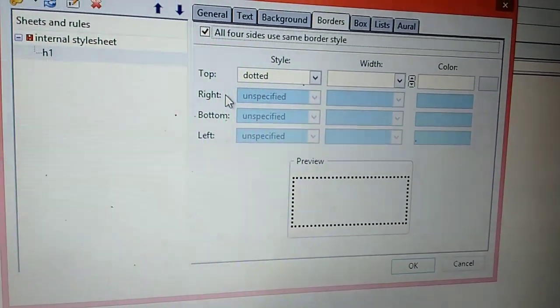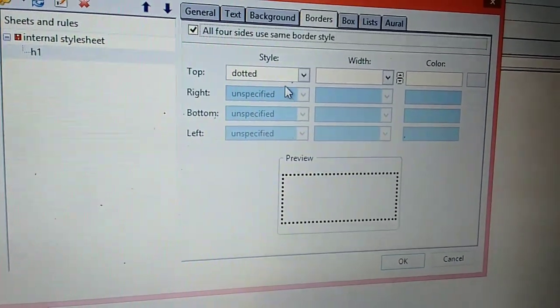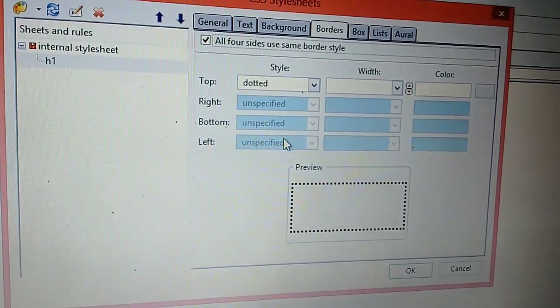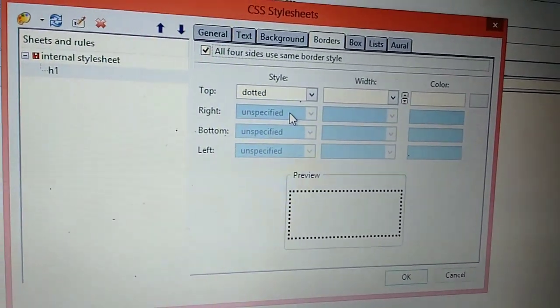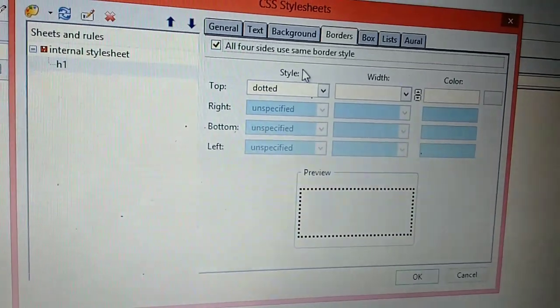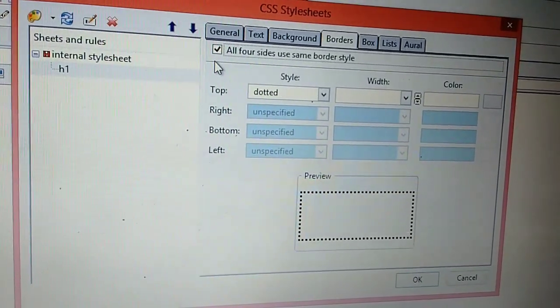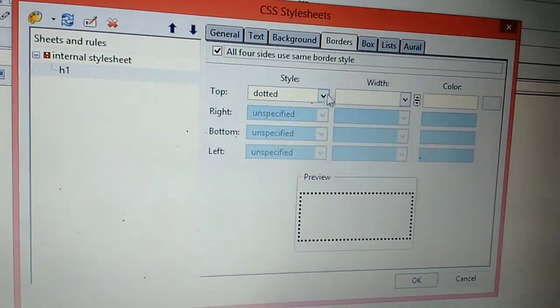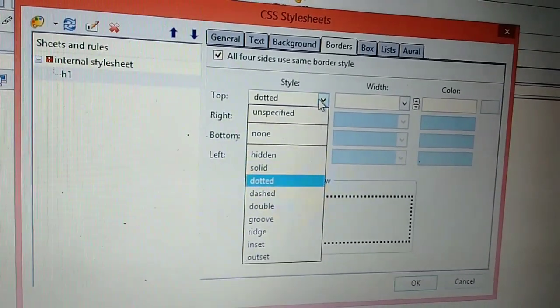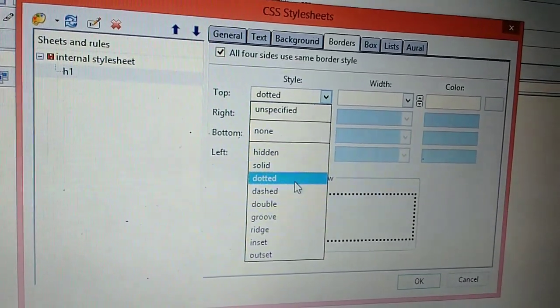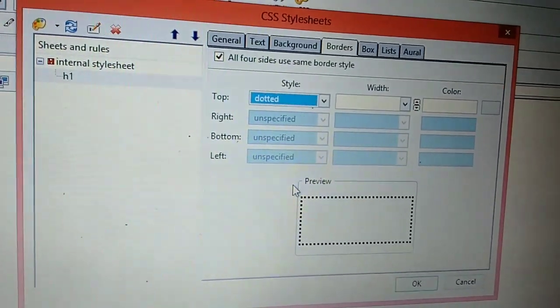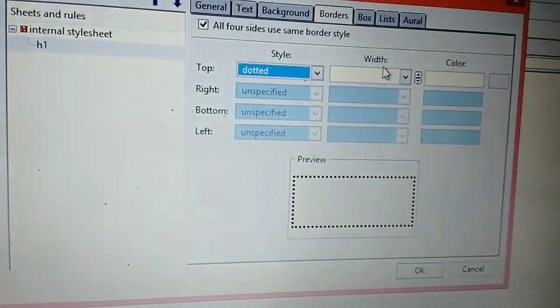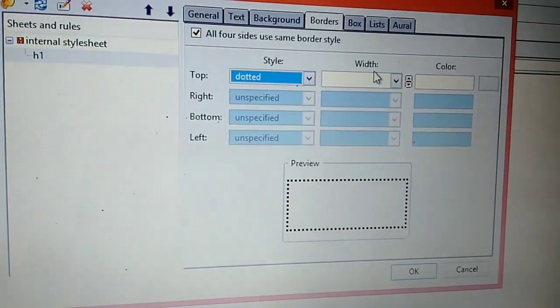Can you see? Top tab is active, right, bottom and left are deactive. All four sides use the same border style. You have to select, and inside top you have to select dotted border, and your preview is the same.